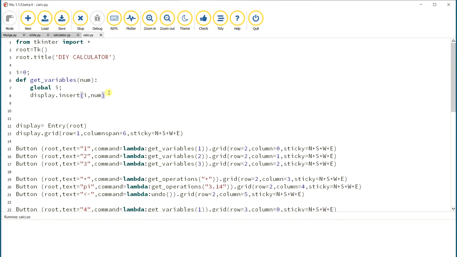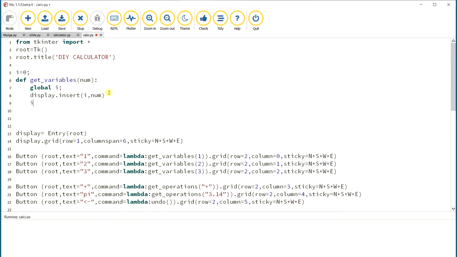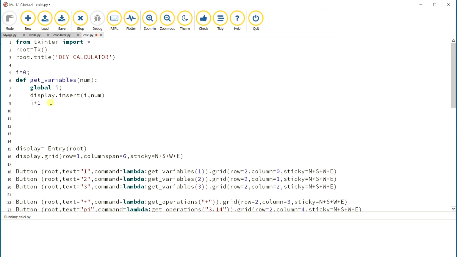So it inserts in the input field. Then we increase the value of i for getting the next input. Sorry, I forgot: there will not be any semicolon at the end of any of the lines. Okay, next, that's all. Our get variable function is finished.